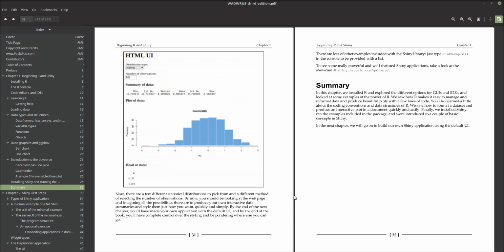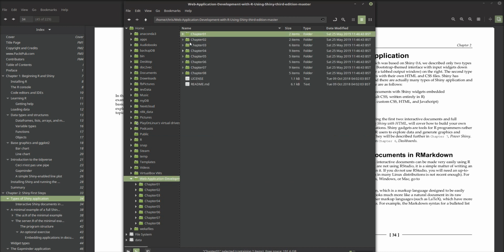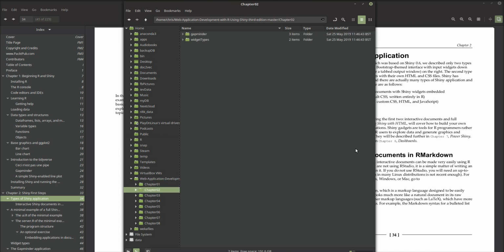Okay, right, let's get to chapter 2. Chapter 2 is Shiny First Steps. So we'll go back to the code, go to chapter 2. Here we are. So the Gapminder application,